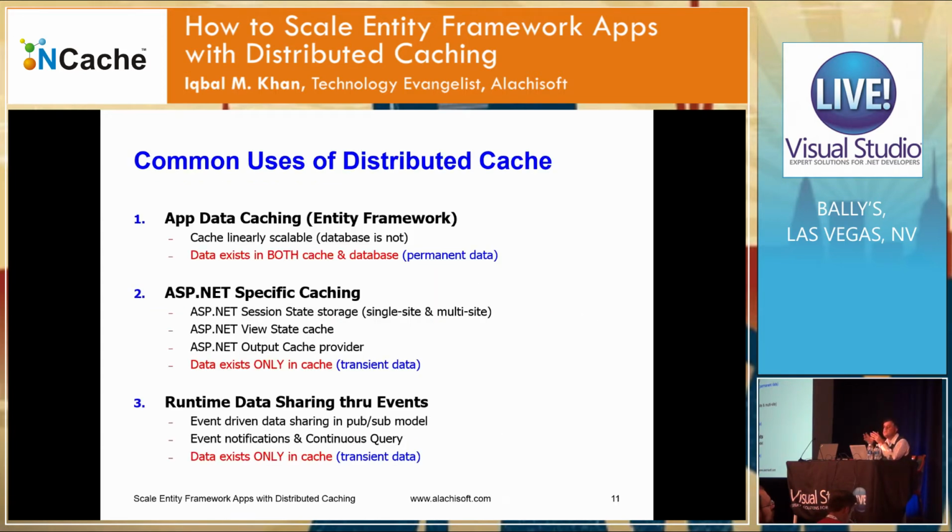So once you decide that you're going to use a distributed cache in your application, there are 3 different ways that you can use it. I'm going to focus mainly on the first way, which is the Entity Framework based. The first is application data caching, which is the data that comes from your database. You cache that. The second is the ASP.NET specific caching, which is your session state, your view state, and